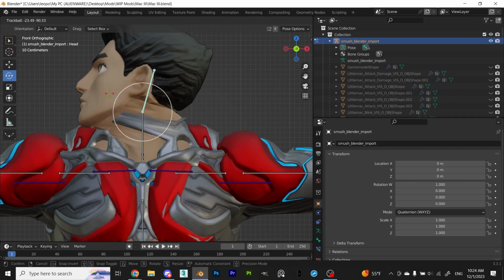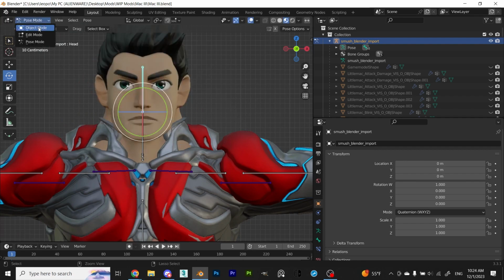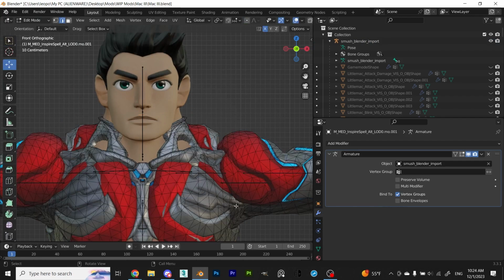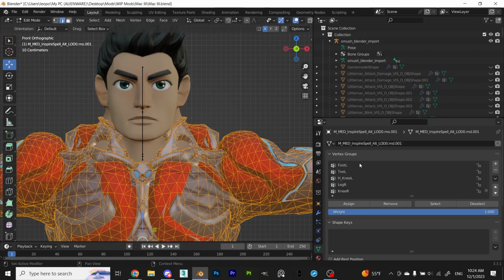If there's anything you want to change, you can just select the specific mesh and go into edit mode and remove or edit any vertex group or weight it currently has. Just do that for anything you see relevant.